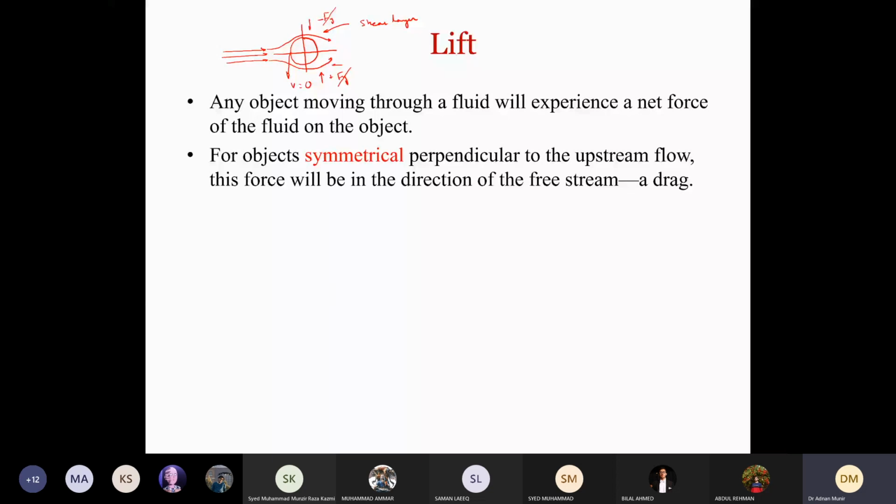But now if you look at the direction of incoming flow, the incoming flow is flowing in this direction, and there is no opposite flow that is opposing it, right? So there will be a net drag force acting in this direction, Fx, right? So in the case of a circular cylinder, the only force present is drag force. The lift force is not there, right? Now you can also think of it like this.